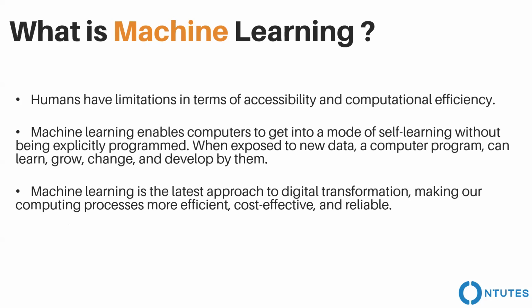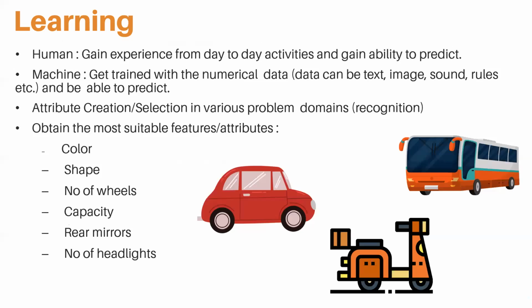As part of the traditional programming approach, look at this example that I wanted to show you. If we need to identify whether this object is a car, scooter, or a bus, we have to write if and else. So if an object contains 4 wheels, and it has a seating capacity of 4 to 10, it has a rear mirror, and it has headlights, and it has a disc of variety of shape